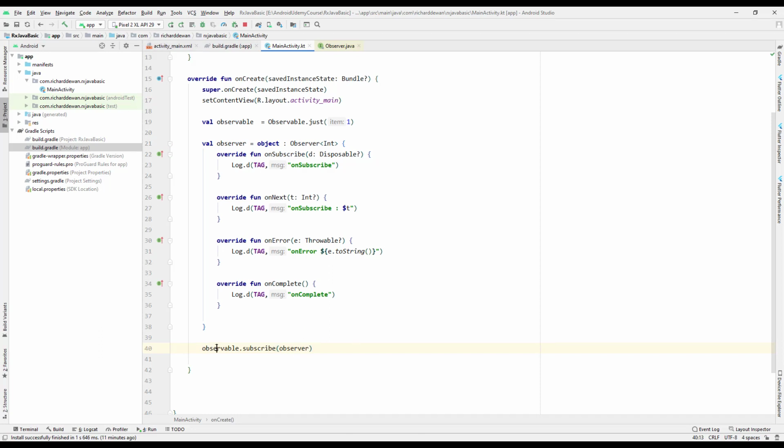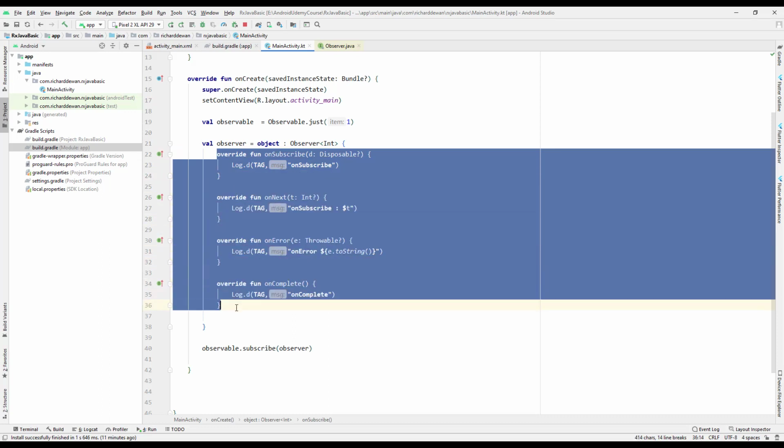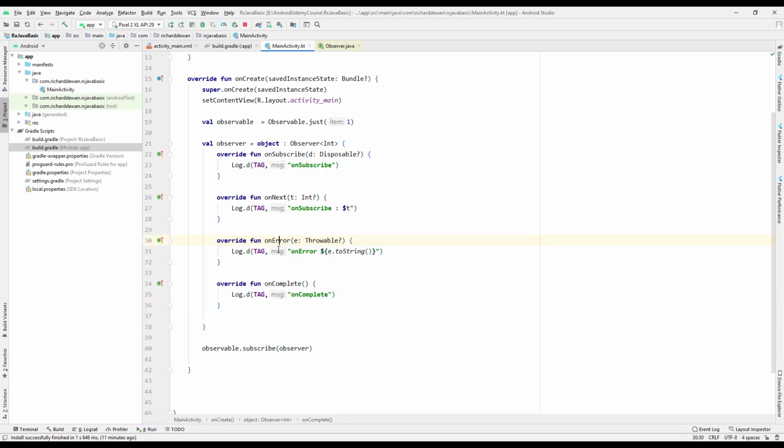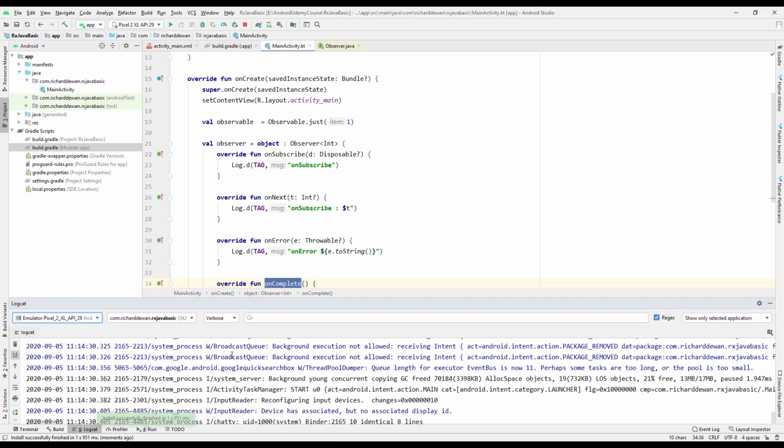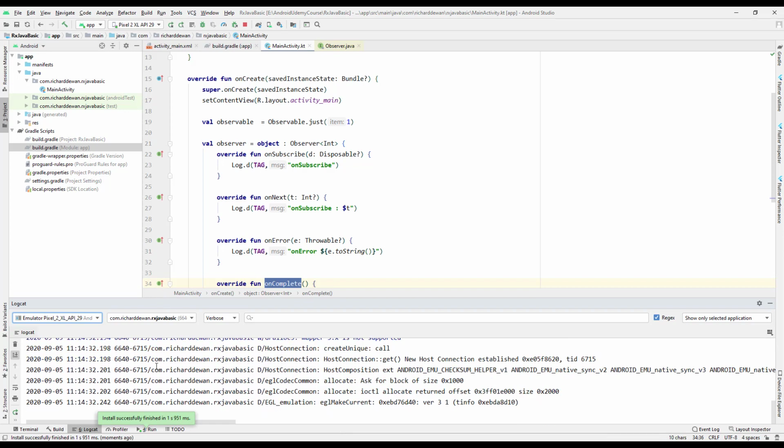Now we can run our application because we have this observable and we subscribe to it. Until and unless we subscribe to that particular observer, we are not going to get any output, because we have an observable that's emitting the value, and then we subscribe to this observer because this is the actual implementation that we have done over here. What will happen on next, what will happen on error, what will happen on complete. So let us run our application and let us go to the logcat over here, and we should see some of the output. And for that, let us just filter it out by this one,